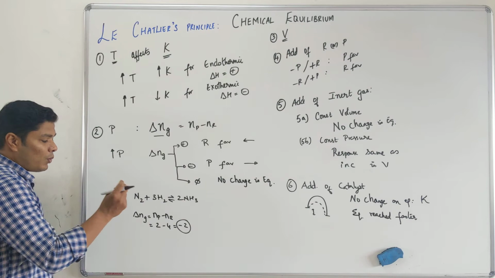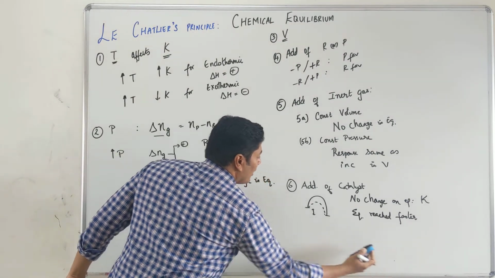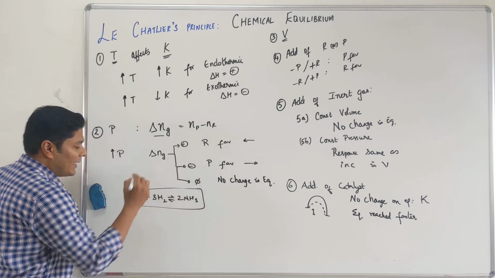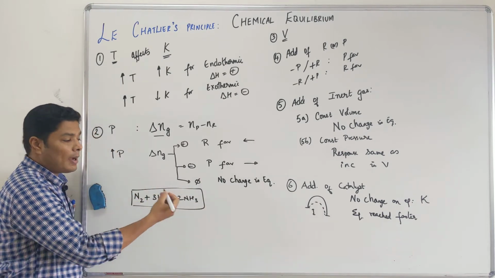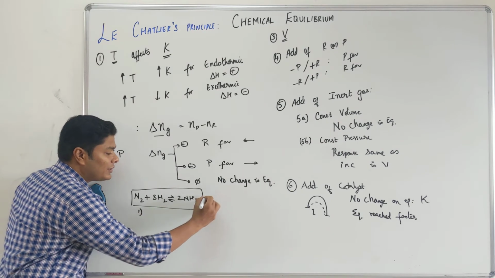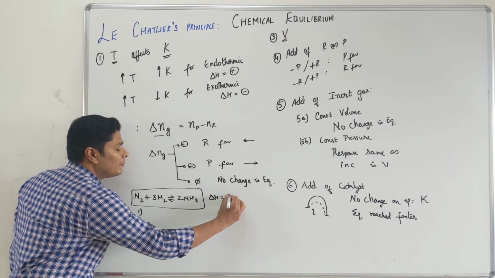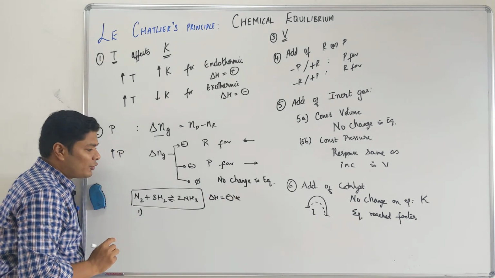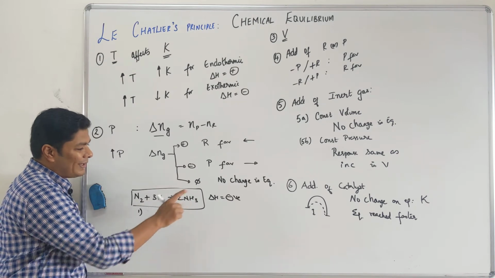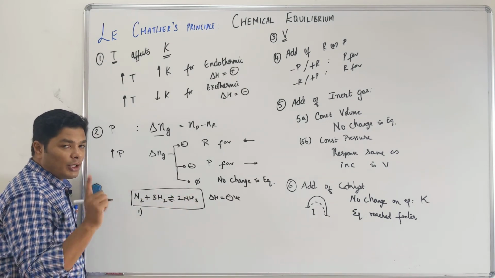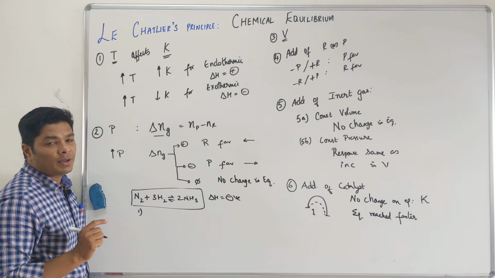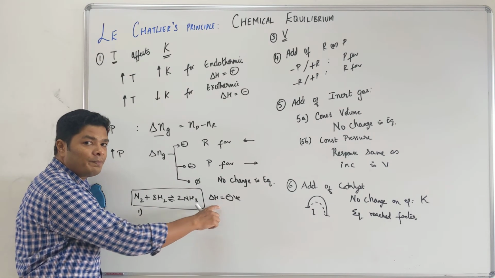Now let's just take one particular example, Haber's process, and discuss the whole thing again. I want to make sure that I get more ammonia. What all can I do? First one, I know that this is an exothermic reaction. Looking at temperature, what can I do? Exothermic means I can decrease the temperature, but you would have seen that in Haber's process, you do it at optimum temperature, not low temperature, but logic says it should be low temperature.